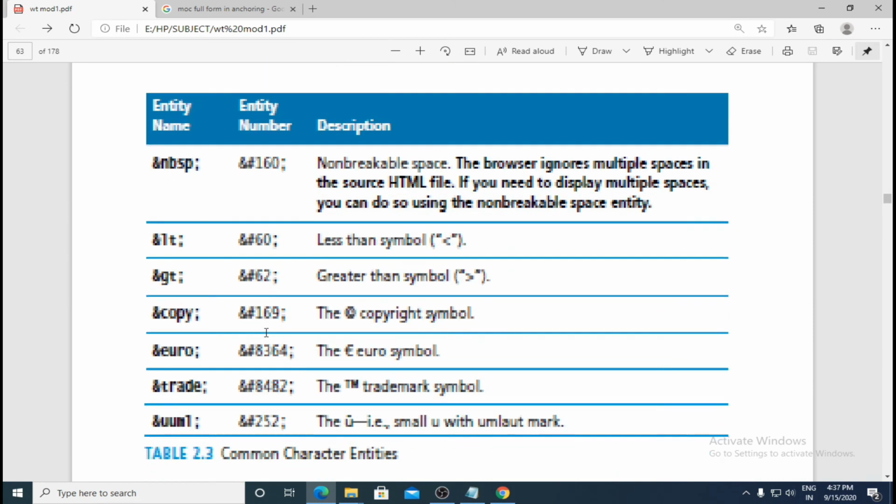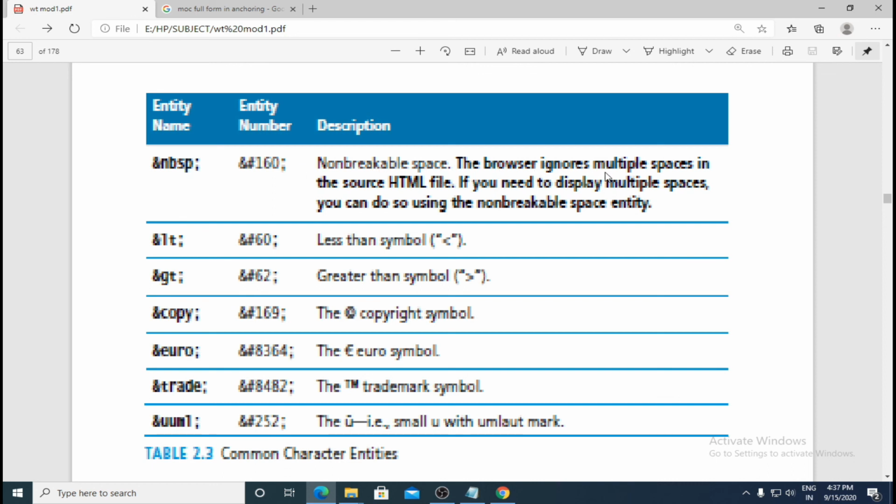So we have a list of character entities here. This also is not much visible; you can check that out in the textbook. You can either use the entity name or the number. The first entity name here is ampersand NBSP, which stands for non-breakable space.